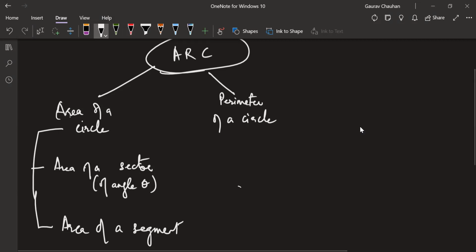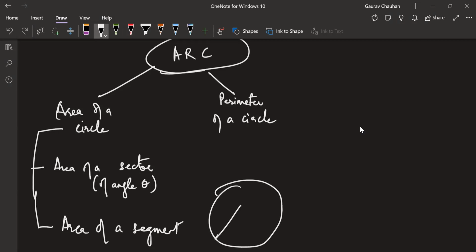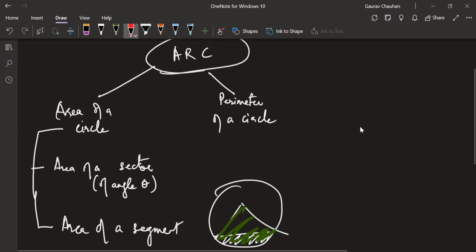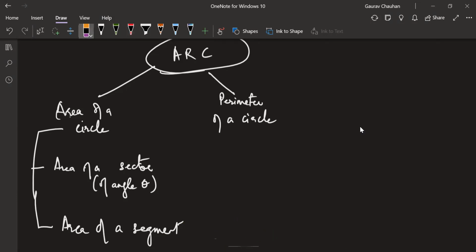Area of a segment, there'll be this, so you know that this is a segment. Yeah, there's a minor segment here. Can I see you guys on the board? So this area they'll ask you to find. Basically, once you know the area of a sector, you can find this, and then you can subtract this triangle, right? That's what's going to happen there. Most of it is something which we already indirectly know.